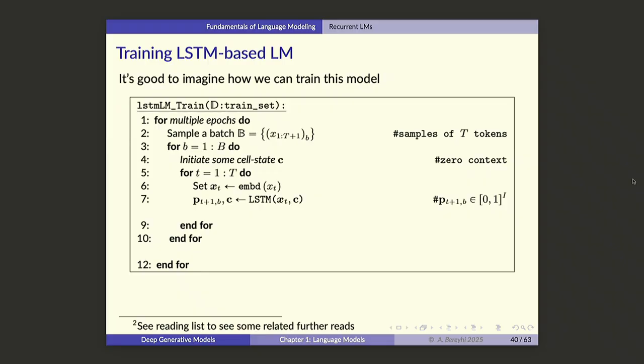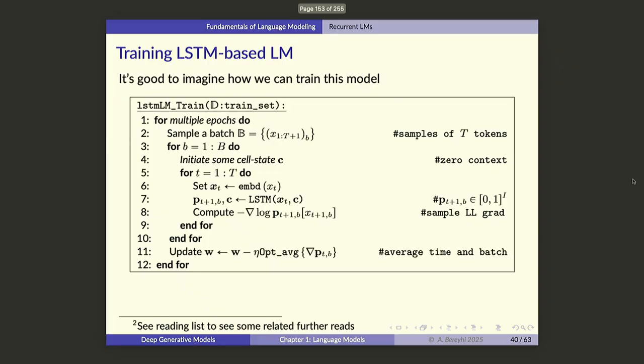Since you have the probability of the next token, and in your data set you know what the next token is, you are able to compute a gradient, right? You compute the gradient of the loss, the log likelihood, and keep it for later. Then you go on till you're finished with time and batch, and finally you average everything out and update your LSTM parameters. If you have the embedding included as well, then your embedding is also a parameter that you are going to update. Questions? Everybody's clear? So you got the idea of how you can build one